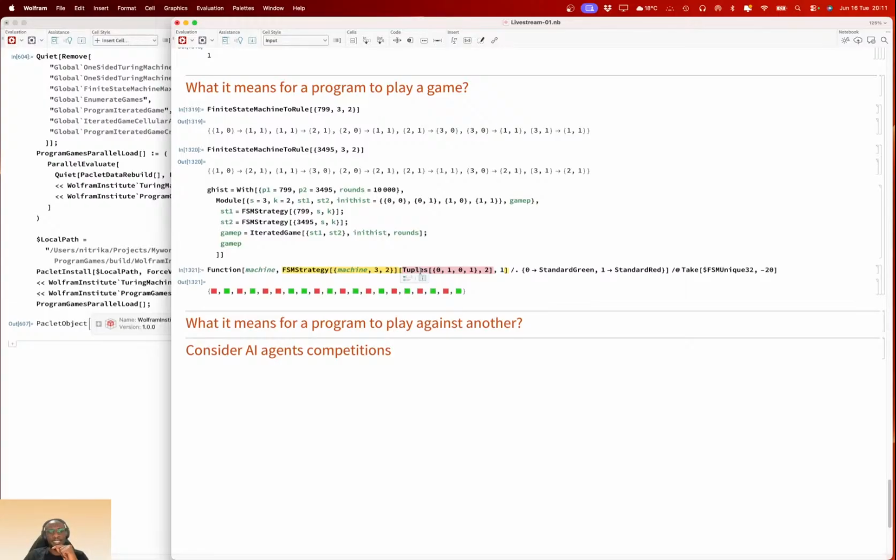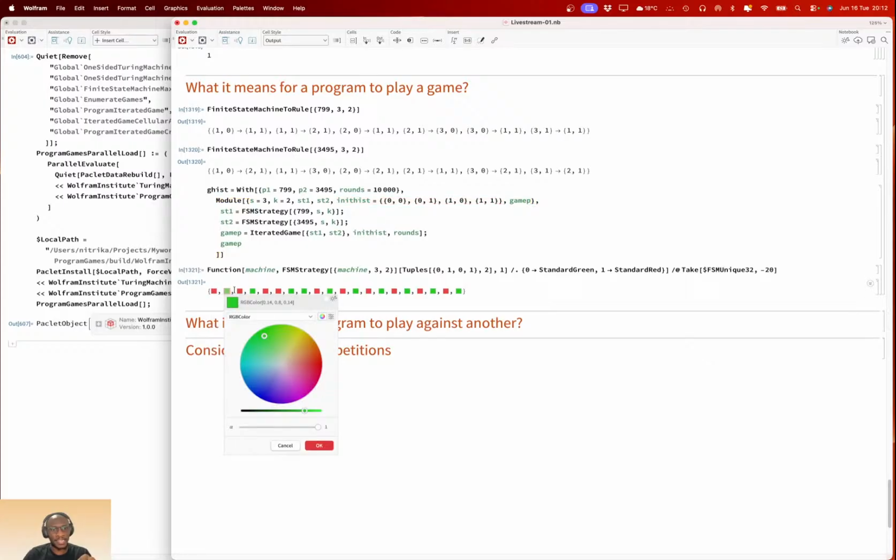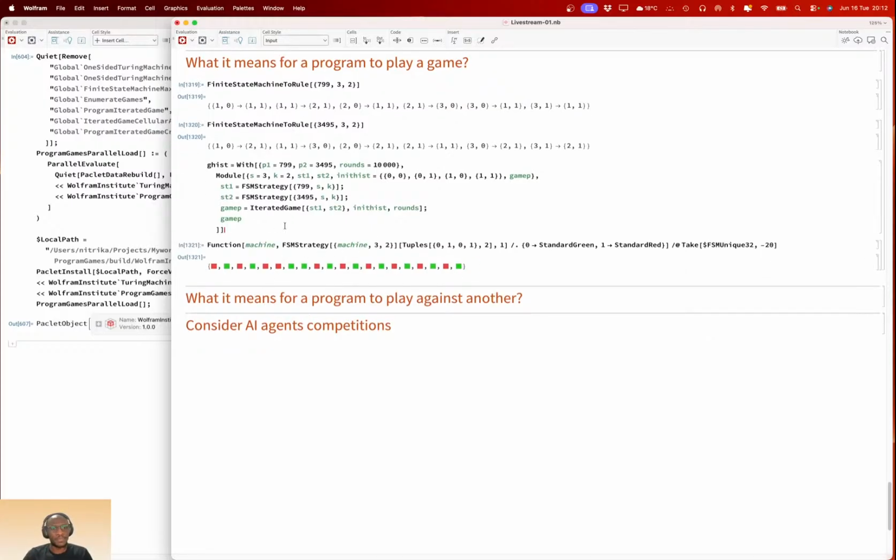But what you're interested in is take a player and then ask the question, if I play a game, give them two players, give them a history, which is the initial history, and then iterate over those two players as they make a move. So we are interested in each of these moves, but then we are iterating over every other player that is playing that game. And that's really just what it means for a program to play a game.